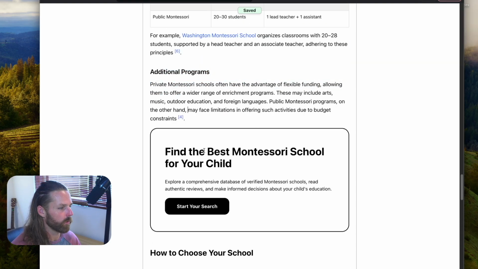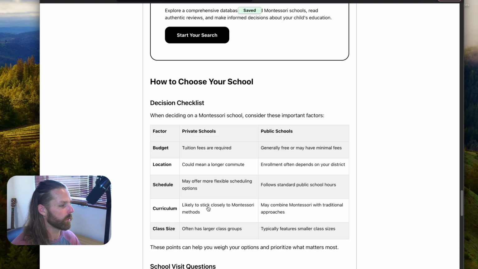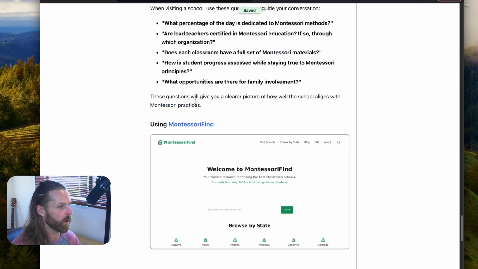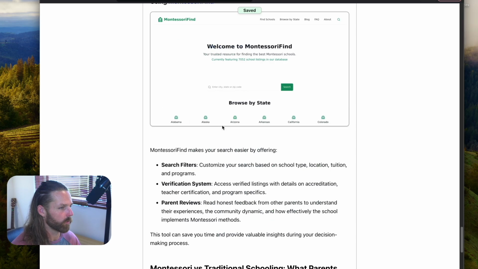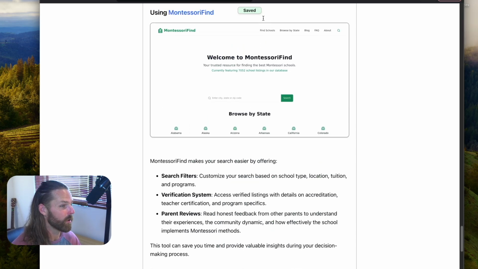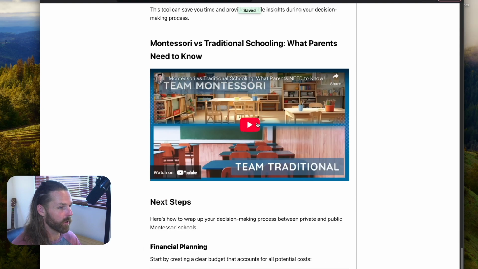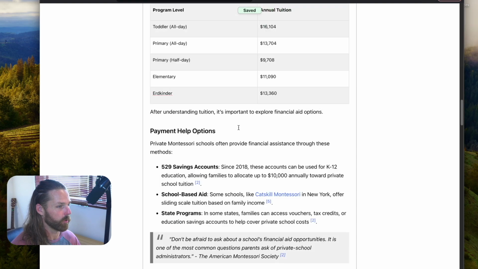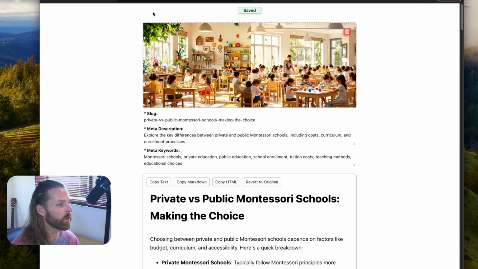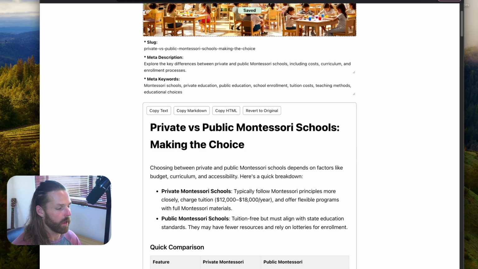I love how it's got this CTA in the middle of the blog post. Like, this is great. And then it just goes right into how to use Montessori Find to do it. Even screenshotted MontessoriFind.com. So this is a really cool article. Oh, look, it's got a video on there. This is great value for the audience. So looks good. Now, I could simply copy all this and I could go into Cursor and I could say,